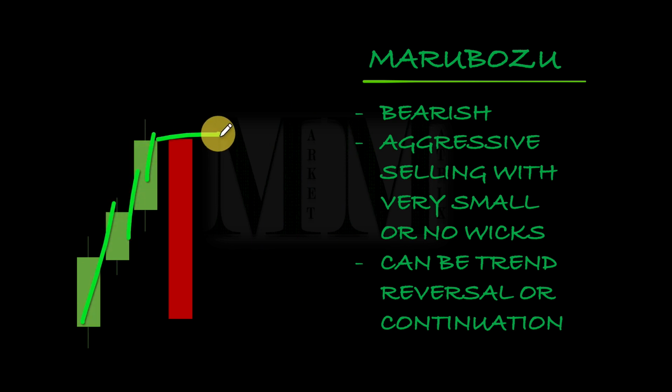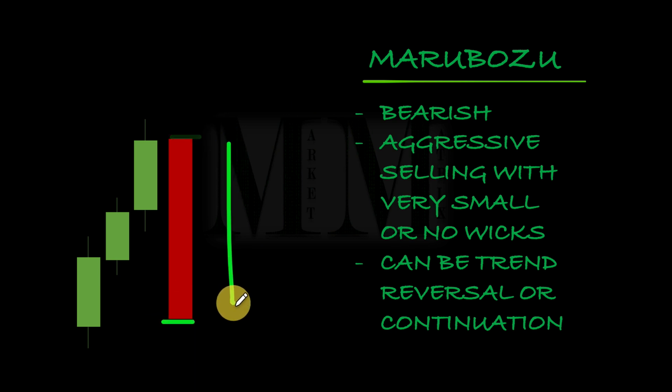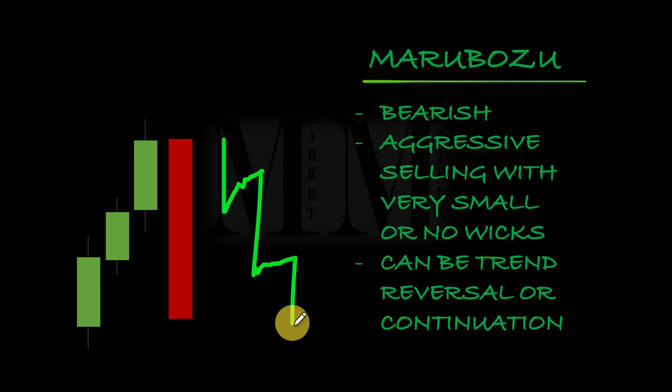Sellers stepped in over here and managed, within this whole time frame of this candle, to keep the selling pressure high until the candle closed down here. And you could see sellers came in over here and didn't stop until the candle closed, meaning if this is a daily candle, for example, this whole day the sellers were just sending the stock lower. They were just selling. The buyers, maybe it opened over here and then it came here and then the buyers tried to step in. The sellers came in, buyers tried to step in. But what we know is that selling started over here and stopped over here within the whole day of price